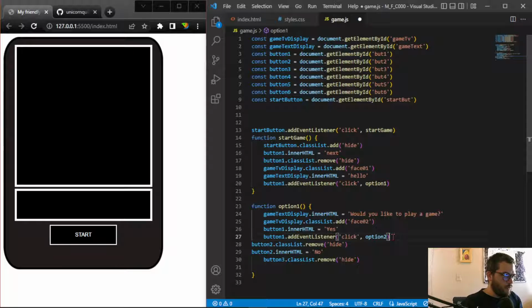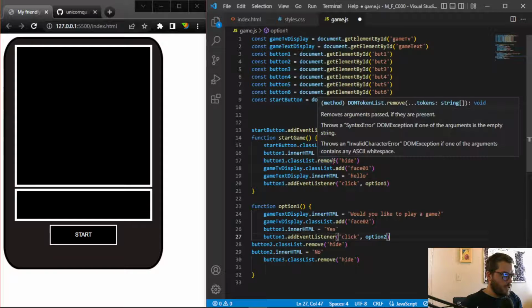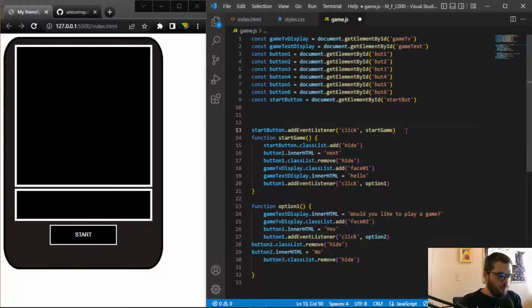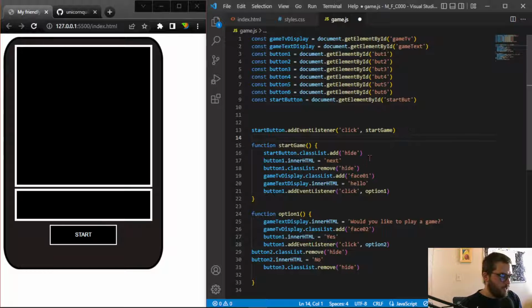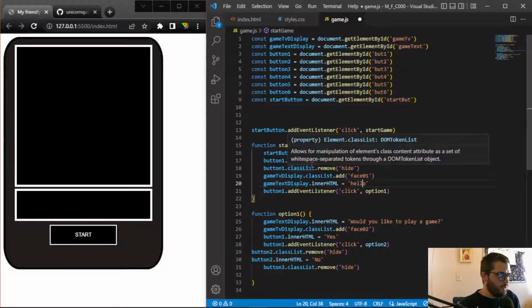That's what we want. Just like we do with the start game. So add one there. Click and start game. Start game, he literally just says hi or hello. Start, and then when you click, the only option that there is,